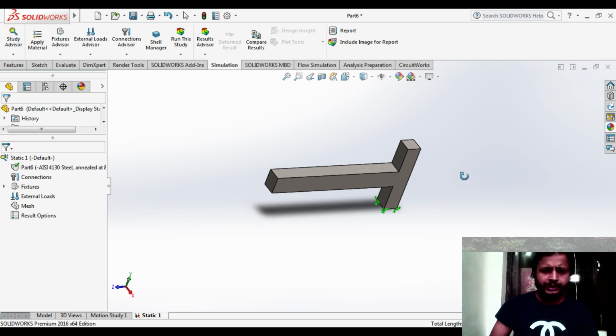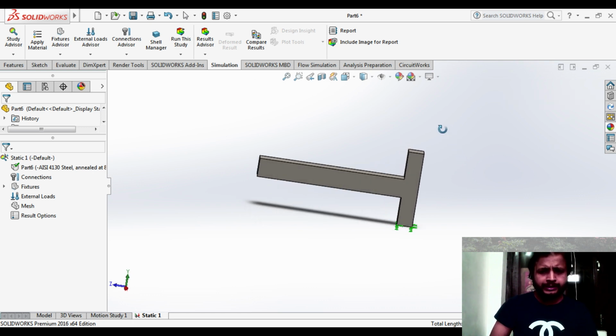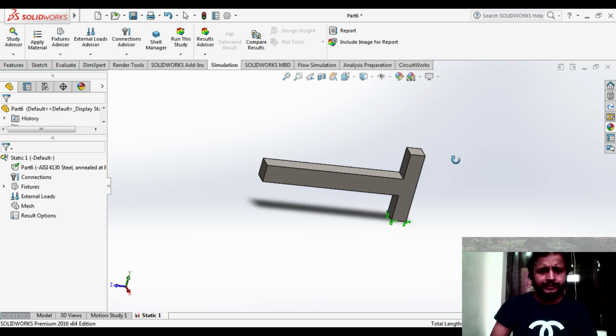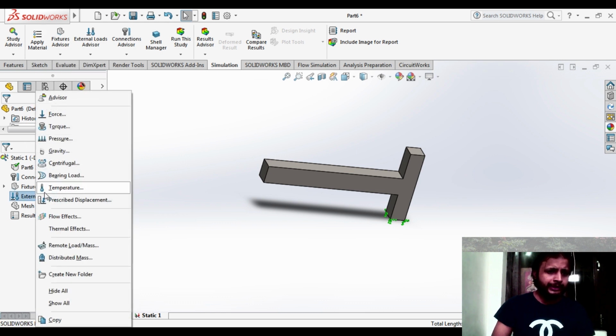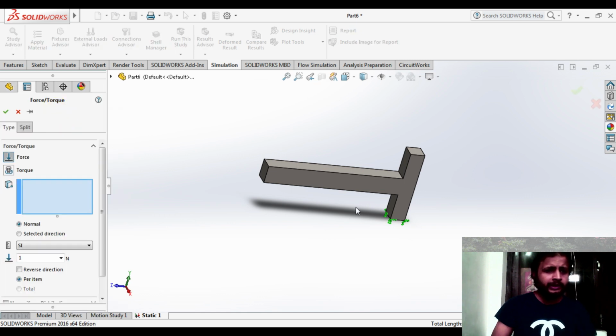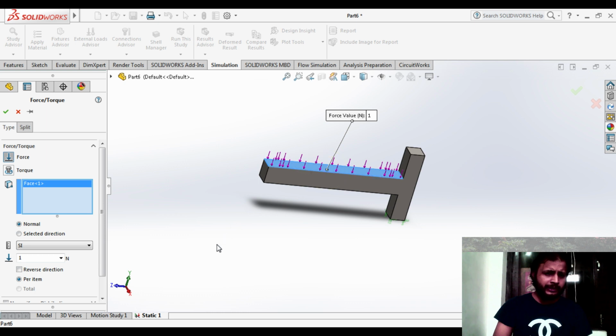After fixing the geometry, I know you remember this, you will go into the external loads. Very right. You click on forces, and where you need to apply it, you will select this particular plane, and you can give 500 Newton.